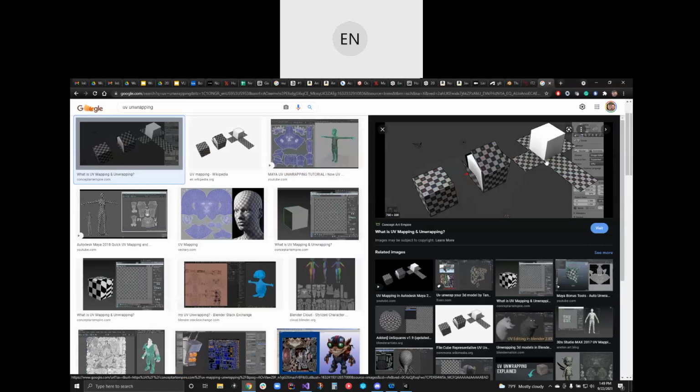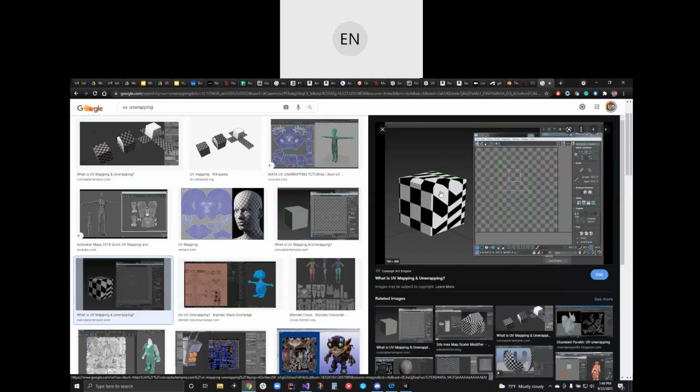There are certain cuts you can do so that you can put all of the faces of the object laid out onto a 2D space, and the goal is to have as minimal a number of cuts as possible. But there's a balance between cuts and distortion. You could take a whole 3D model and do almost no cuts. You see there's a distortion here. You have a nice checker pattern, but it looks all mush and squashed and stretched all over the place because it's not laid out nicely. There needs to be more cuts.